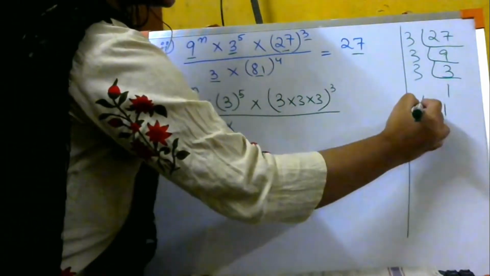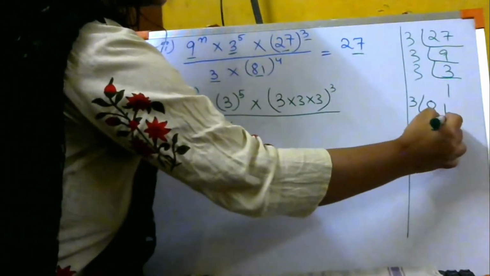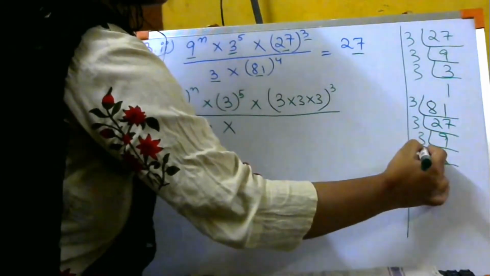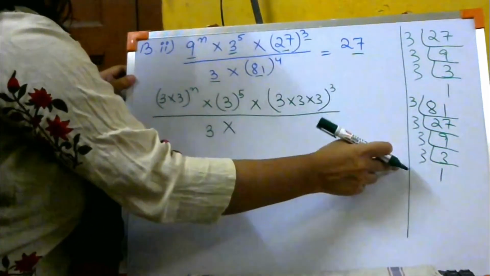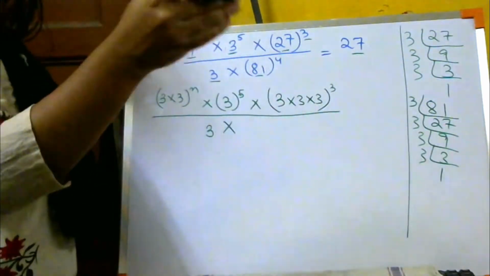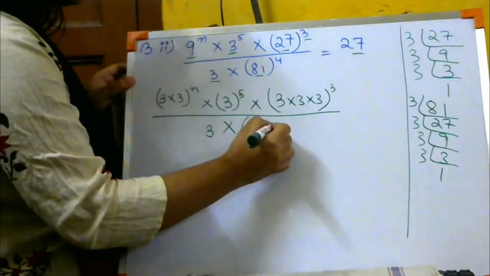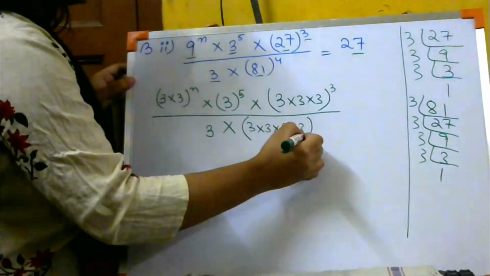Again do the prime factorization method. 3 से करो, you are going to get 27. Again with 3 it is 9. Again with 3 it is 3. Again with 3 it is 1. So 1 2 3 4. अगर 3 को 4 बार लिखते हैं तो यहाँ पे मेरा आंसर 81 आएगा. So 3 into 3 into 3 into 3, 3 to the power 4.